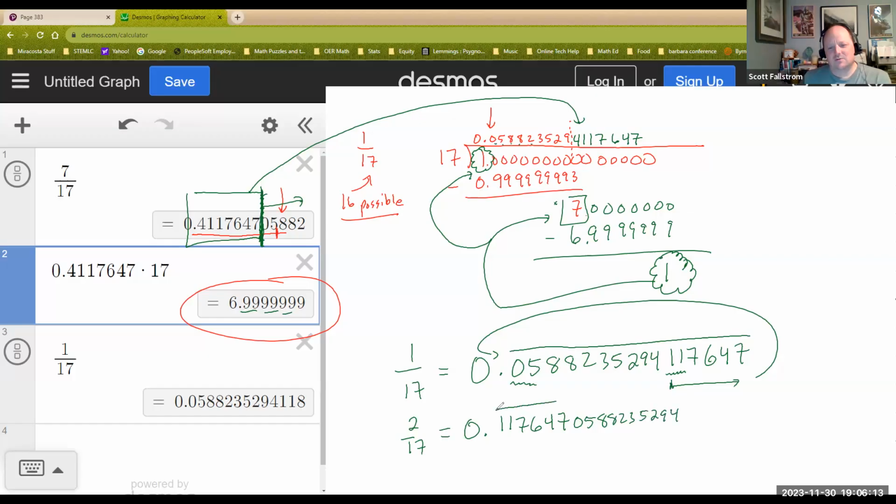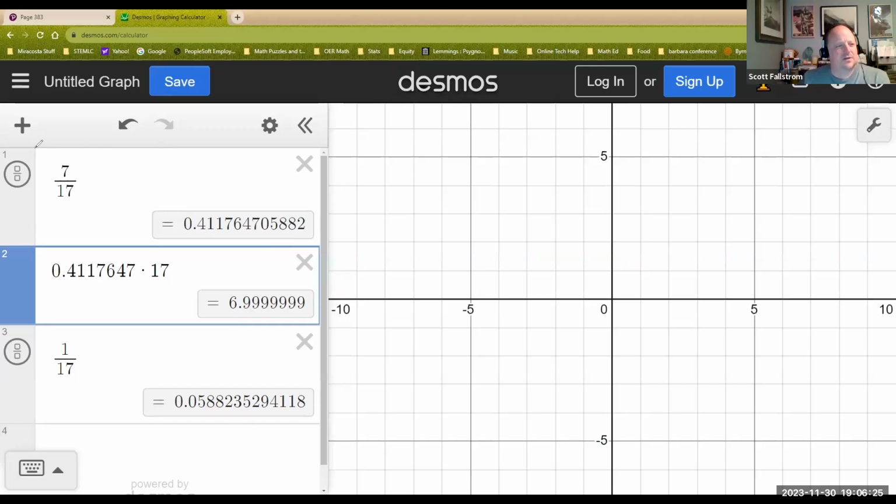0.705882352994, and that would be 2/17. Let's try one more of these with the calculator. Clear all these drawings, and let's try the 13ths. Let's demonstrate it with that so we can see, because as fun as it is to go through and do all of these by hand,